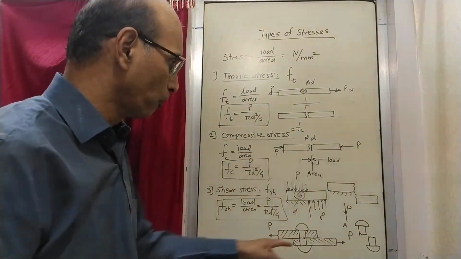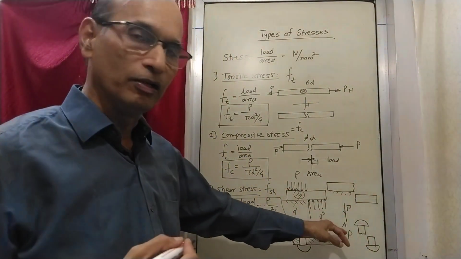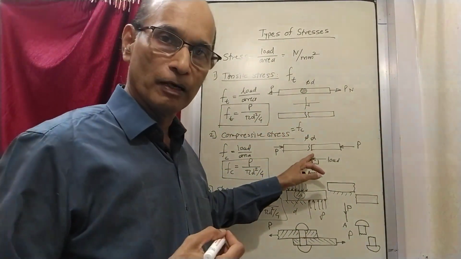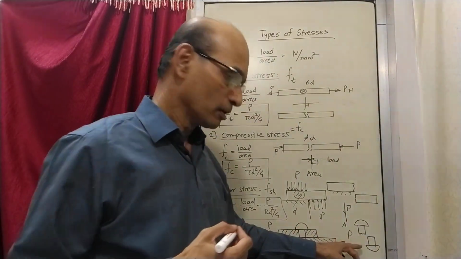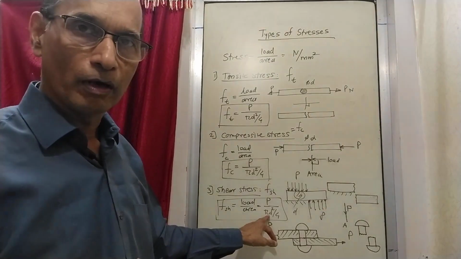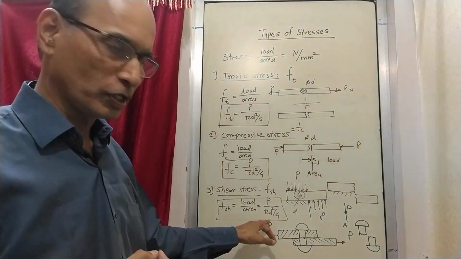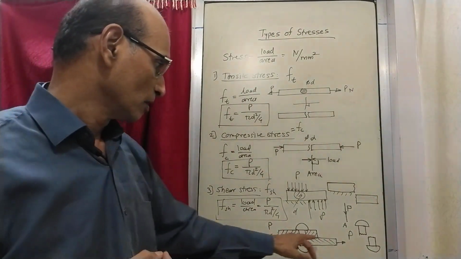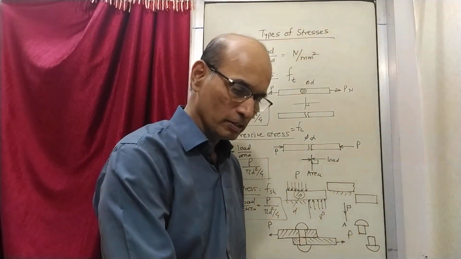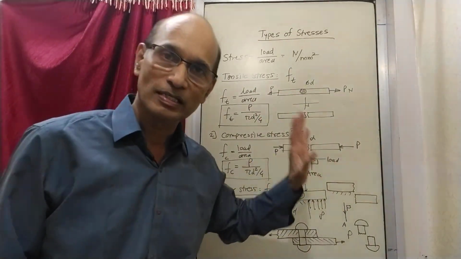So it is broken into two parts from here, and the kind of breakage or the kind of failure is called a shear failure. This is tensile failure, compressive failure, shear failure. The area which was resisting this is this area, which is what we have taken, and therefore the stress is load upon area. This is a formula for stress. The type of stress is shear stress because load is along the area. Okay, so that was an example of shear stress. So we have today seen three stresses. There are some more stresses which also we'll see.